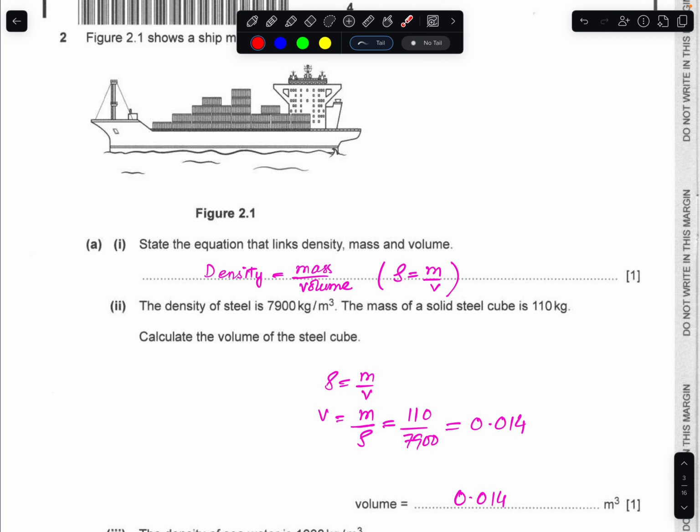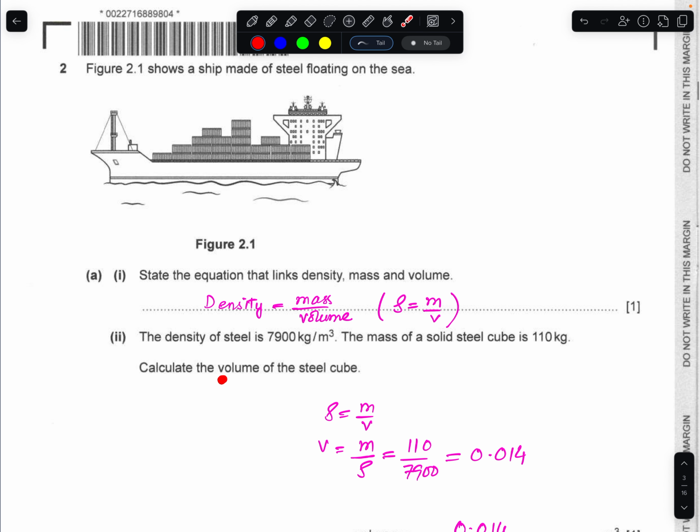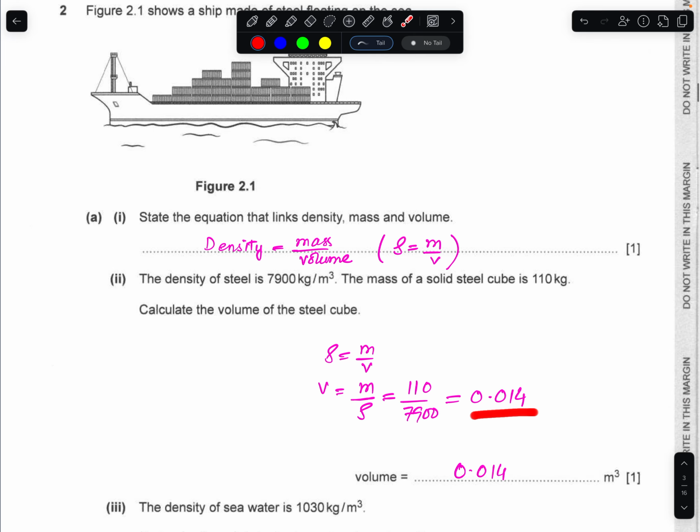Question number 2, state the equation that links density, mass, and volume. And you can see the equation over here. Density is equal to mass over volume. Now, the next question is: calculate the volume of the steel cube. So we can rearrange this formula for volume, which is V equals mass over density. The mass is given, the mass is 110, and the density for the steel is given, which is 7900, and this is equal to